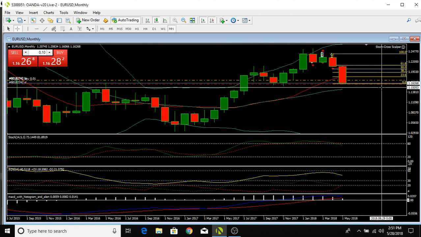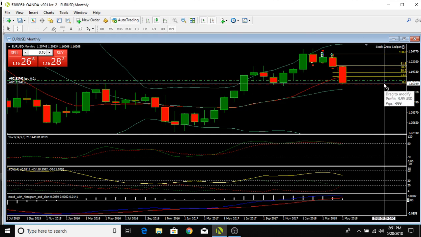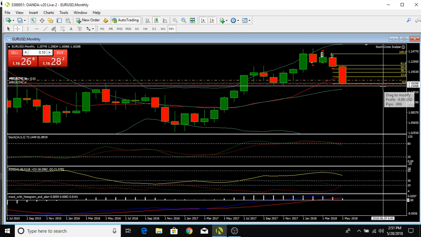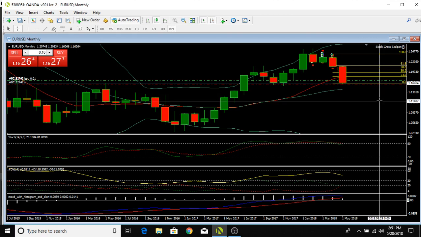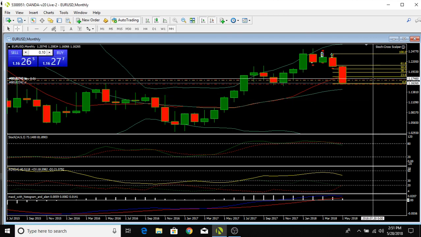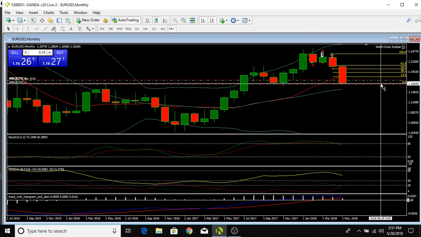I think that if it breaks through 1.155 or so, then we may be off and heading down to the 1.145 range. I think that's a little more distant in the future. I don't think that's going to happen this week. It could, but I don't think so. So what I do think is that we may continue to come down to about here. It's almost to where we're at.